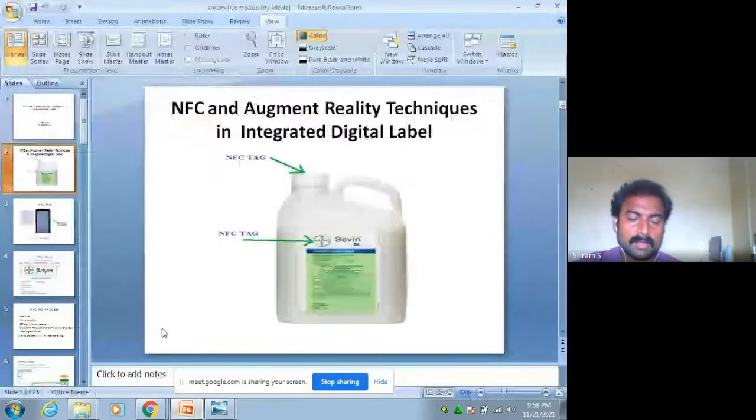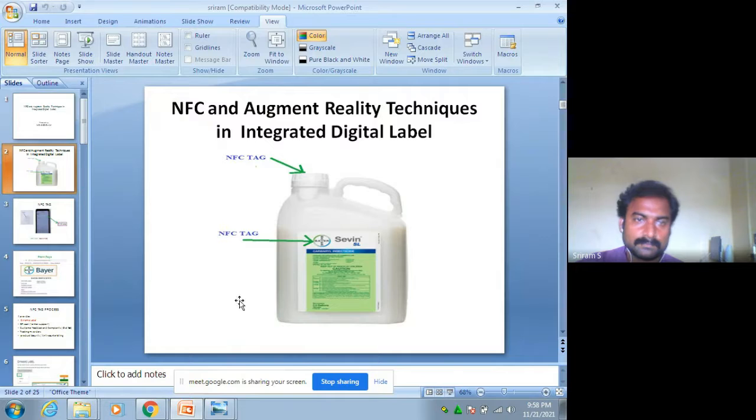And our project title is NFC and augmented reality technique in integrated digital label. We have used NFC, which stands for near field communication. It is a technology that transfers data using radio waves from one device to another by touching them or putting them close together. The NFC tag is stuck on the product at the top position, and the major advantage